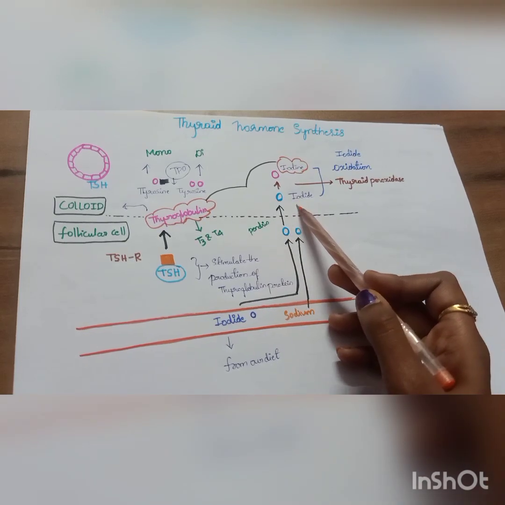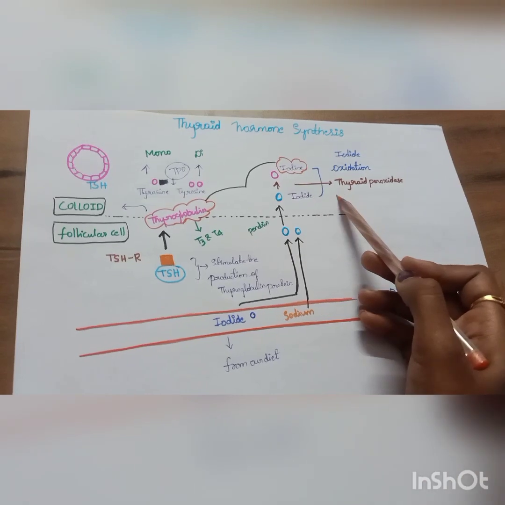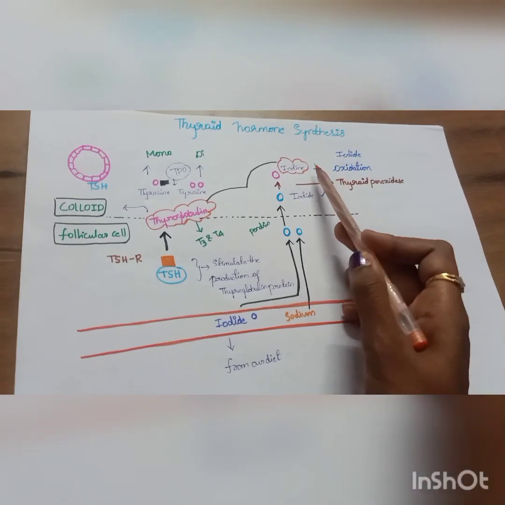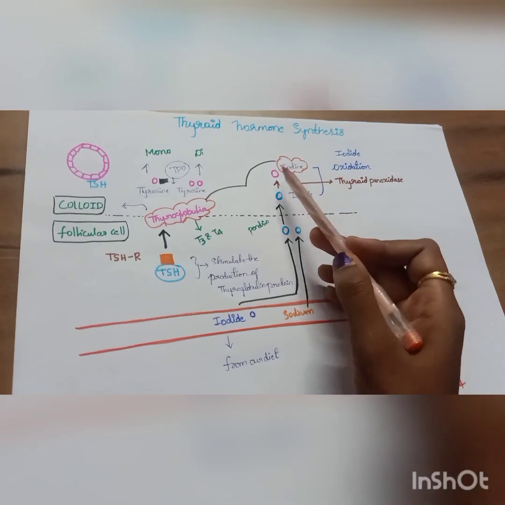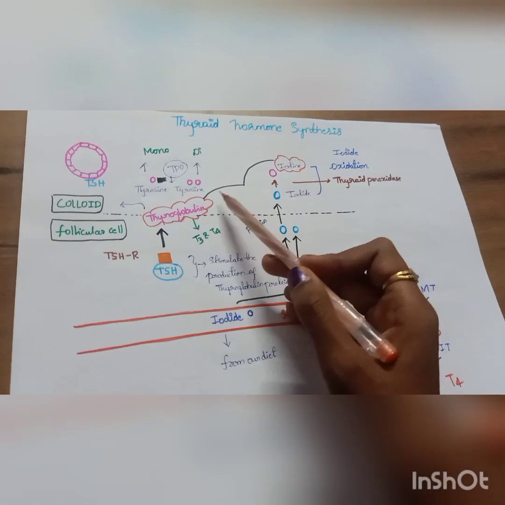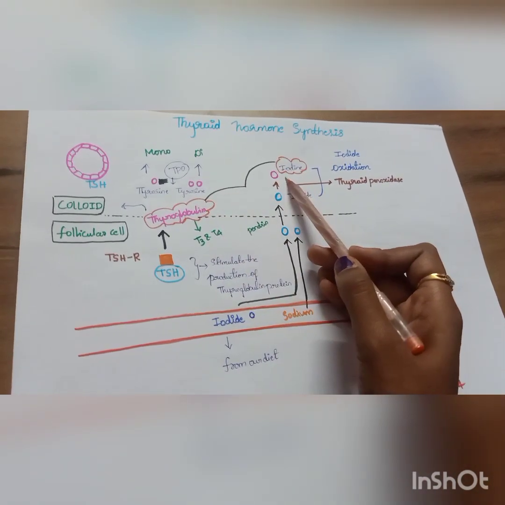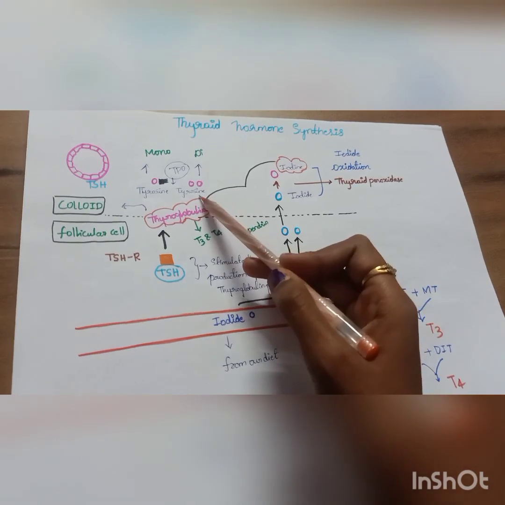Then it forms iodide. The iodide gets converted into iodine in the presence of thyroid peroxidase enzyme, and this process is known as iodide oxidation. Here we have two important products for the thyroid hormone synthesis, that is thyroglobulin and iodine. So thyroglobulin contains the amino acid, that is tyrosine,